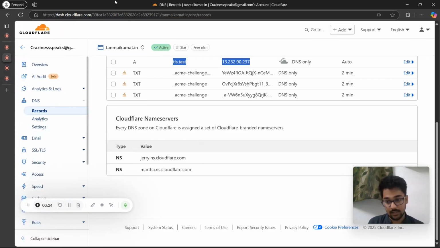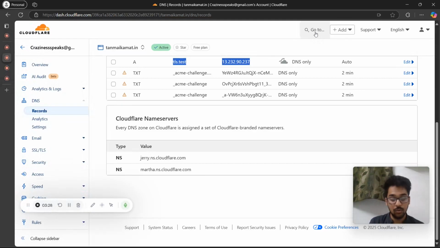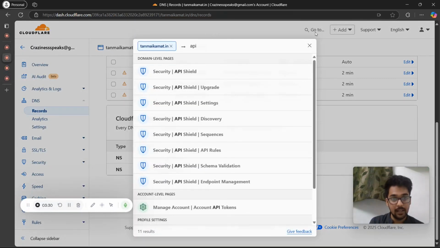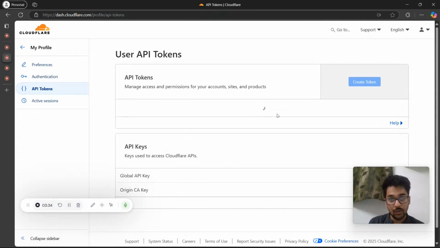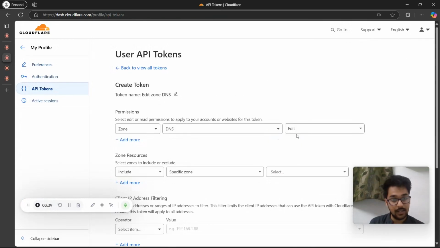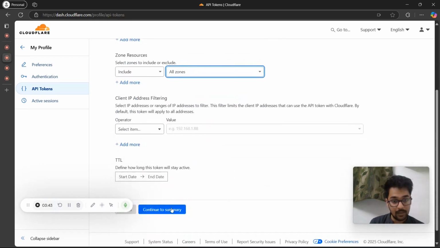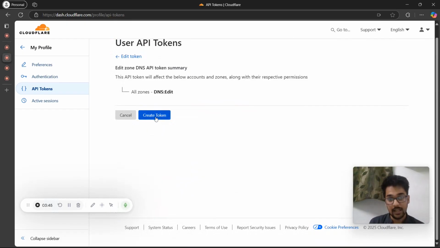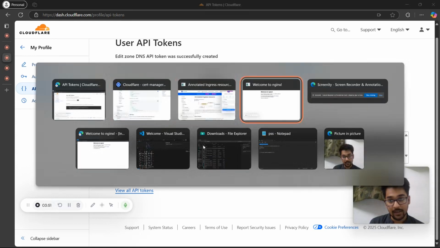Now, for getting a DNS solver, the first step is we need to go here and search for API tokens. I need to create a token and use a template. I'll say I need it for all zones. Continue to summary, and I'll create this token. I'll just copy this token and go here,